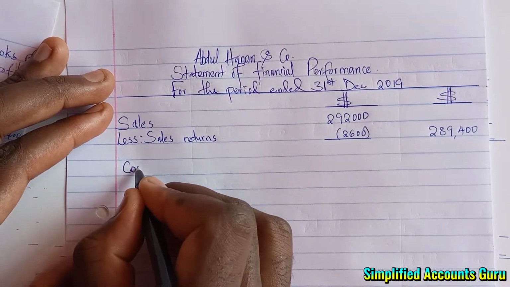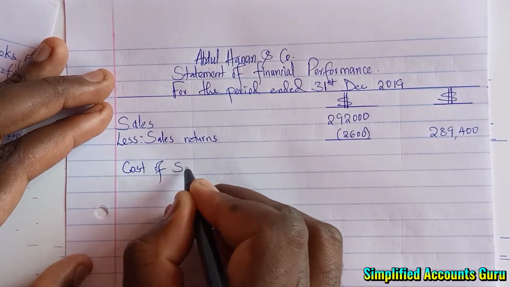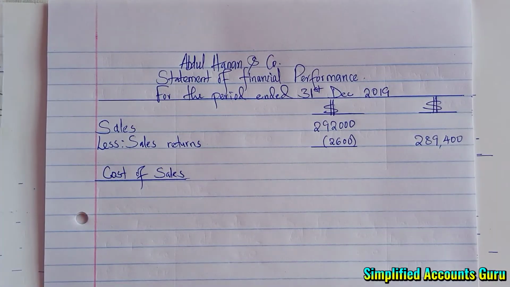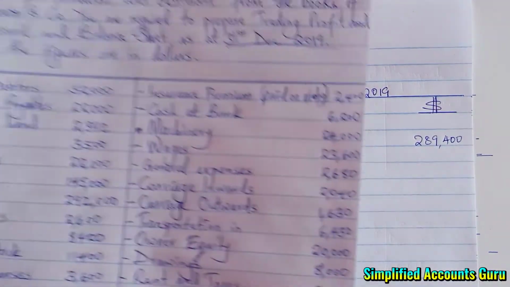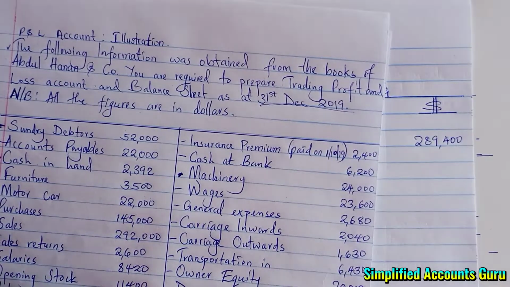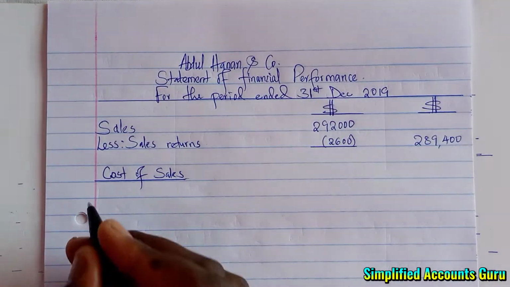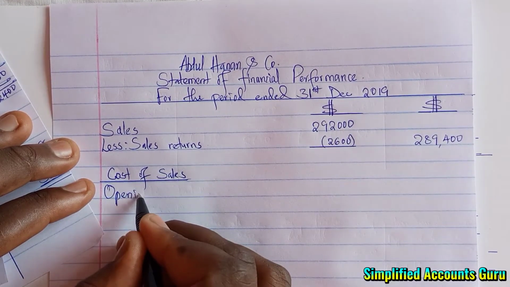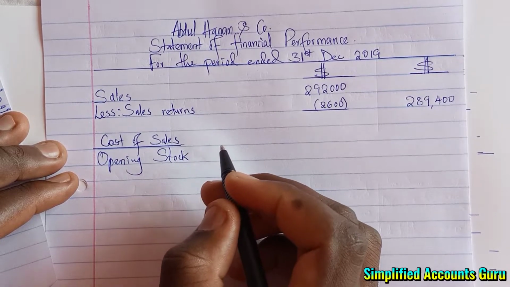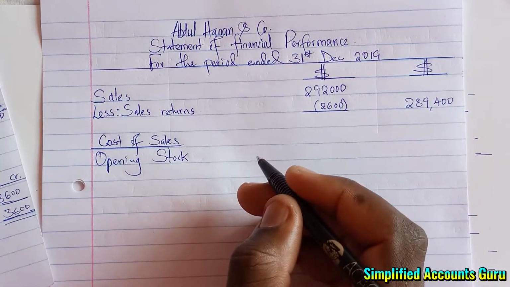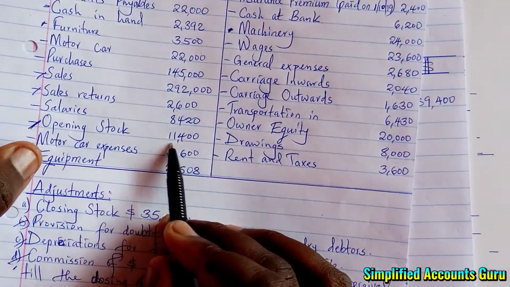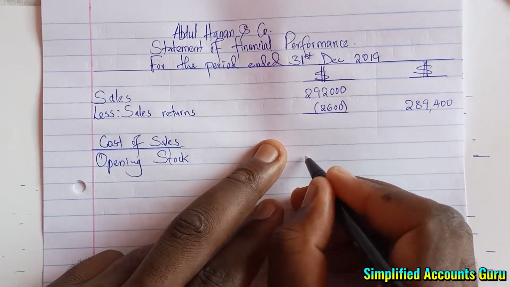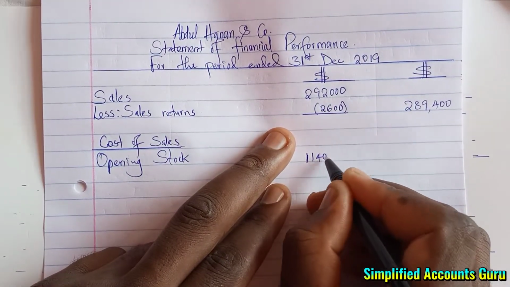So look for the cost of sales. The cost of sales, we are supposed to start with the opening inventory. So do we have the opening inventory anywhere? You can see we have opening stock. So just write that, opening stock. We have opening stock amounting to 11,400. This is the opening stock, 11,400. So because we are still going to adjust, we can use this inner column,